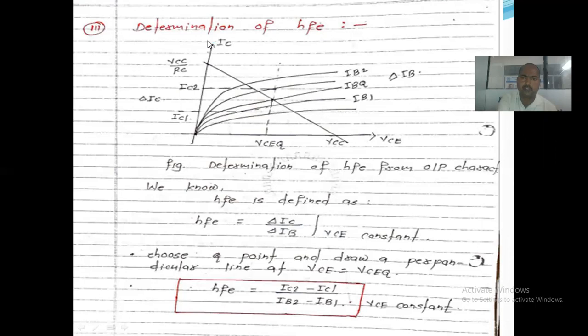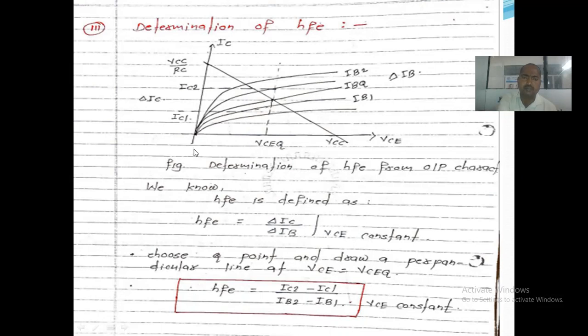We have to plot the same graph at the same time for different values of the base current. Why do we require different values of base current? See, the HFE plot is the ratio of the output current to the input current. So in this case, we know that IC is the output current and IB is the input current. So what do we have to do? In this case, we just vary the value of VCE.